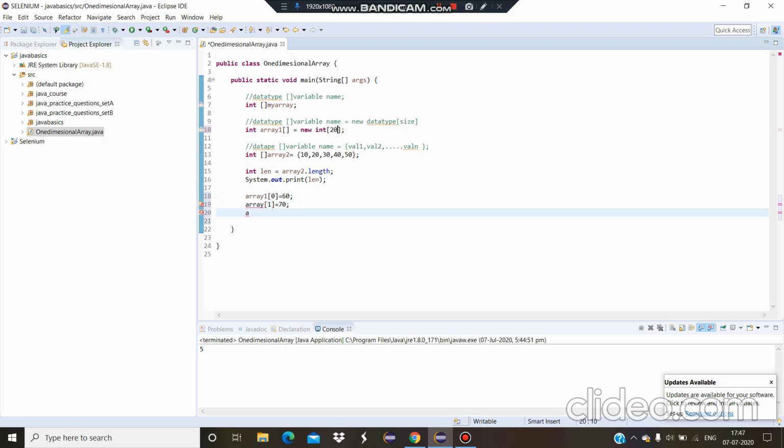So instead of 20, I can specify the size, suppose as 4. So I have to include 4 elements. So 2 equals 80 and 3 equals 90. The length minus 1 is the last element. So the length of the array is 4. Length minus 1, 4 minus 1, 3 is the last element in this array.